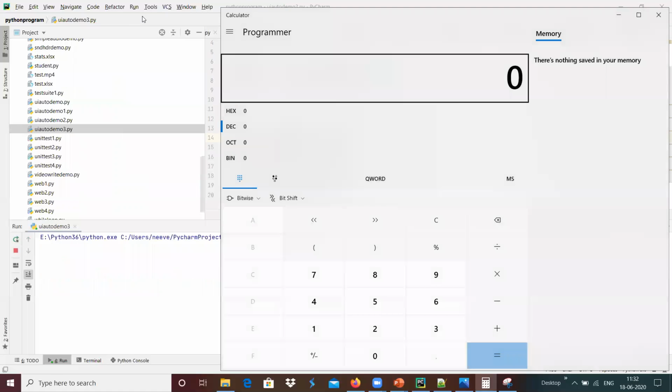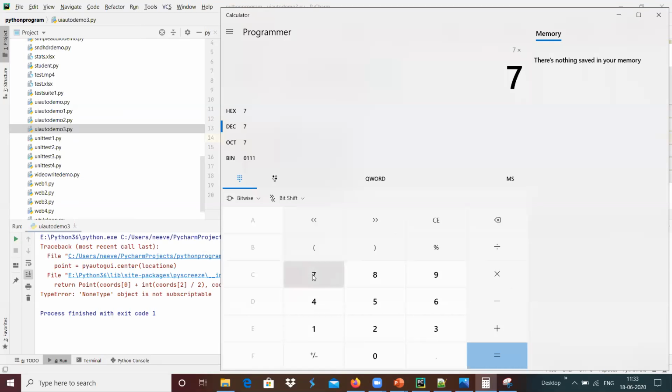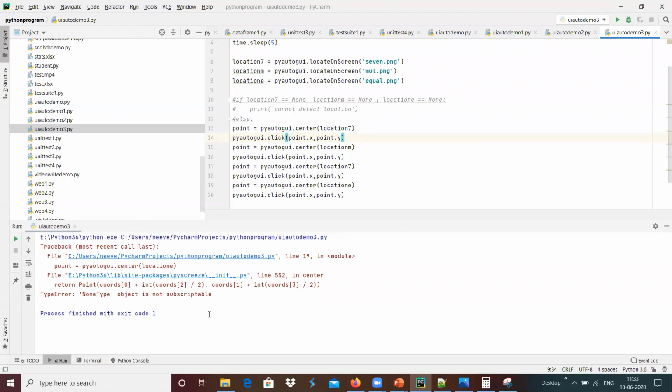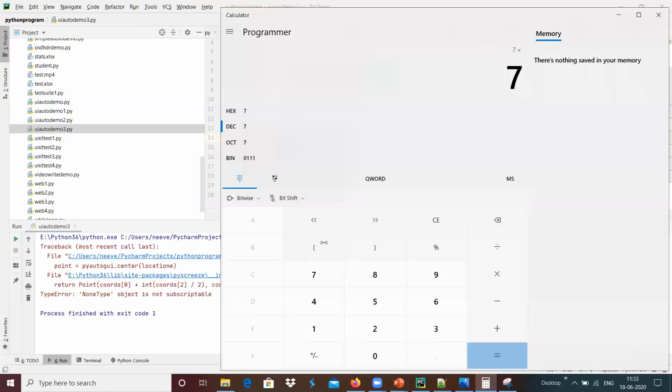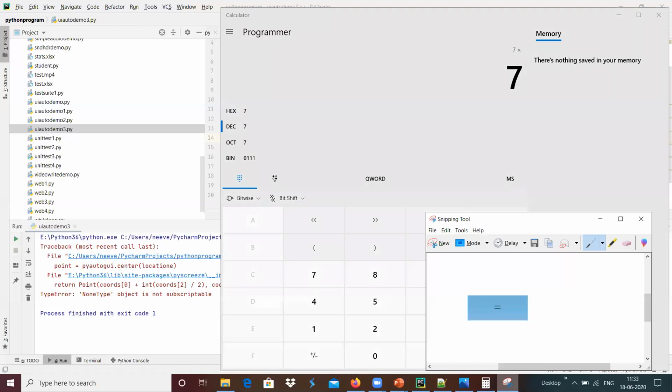Where is this calculator? Yes. It has been generated. Location E is not generated, and location E equals cannot be generated.